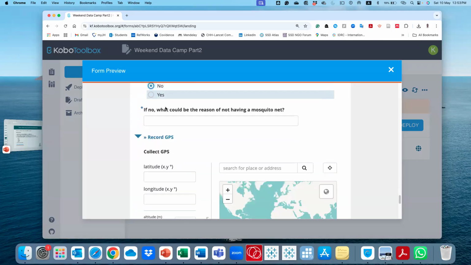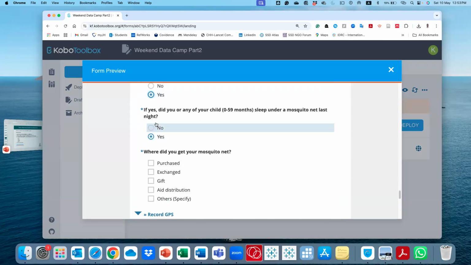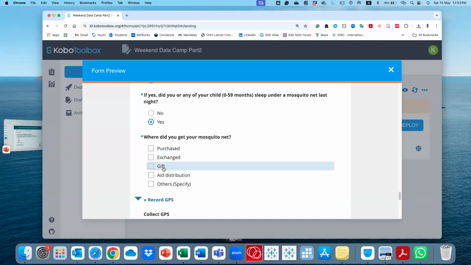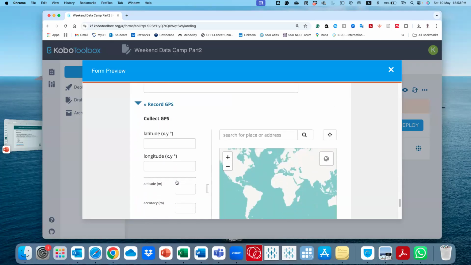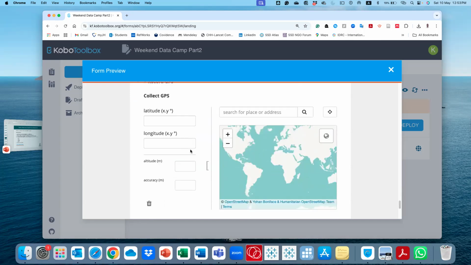If it is a no, it asks you, if no, what was the reason? What could be the reason for not having a mosquito net? If it was a yes, then it gives you, did you sleep under a mosquito net? How did you get the mosquito net? Which is either gift, purchase, or something like that. Then here is specify. Then here is the last, which is the GPS.